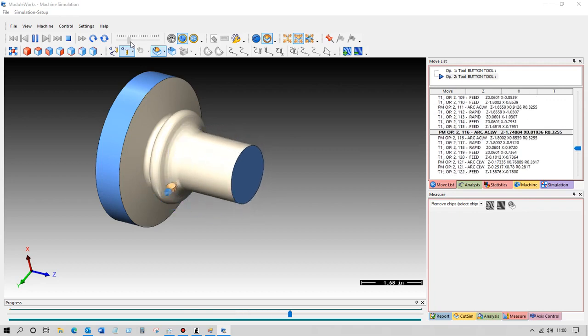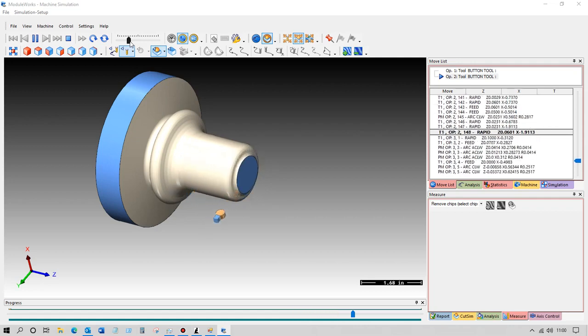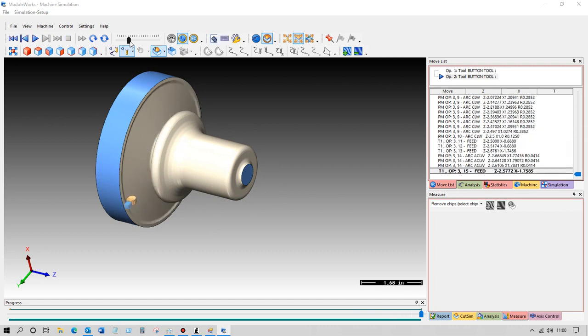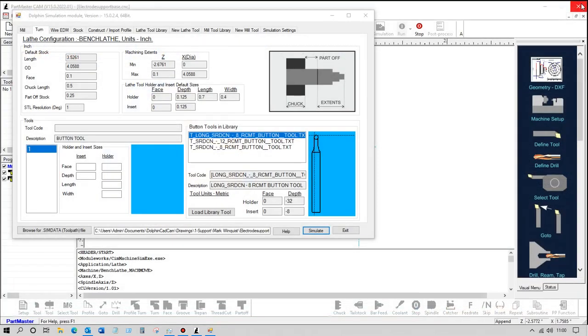And slow it down. And that's the finishing pass. Okay, so that's how we can take that part through into the simulator.